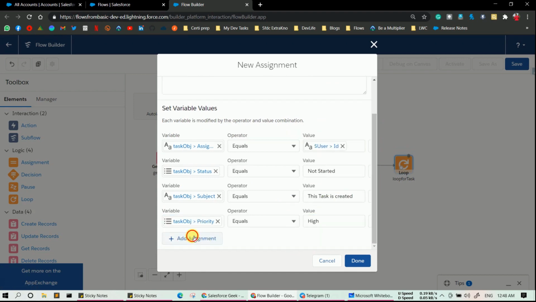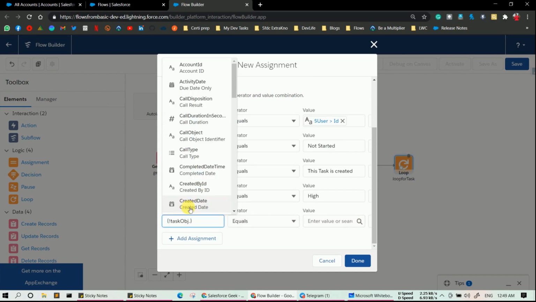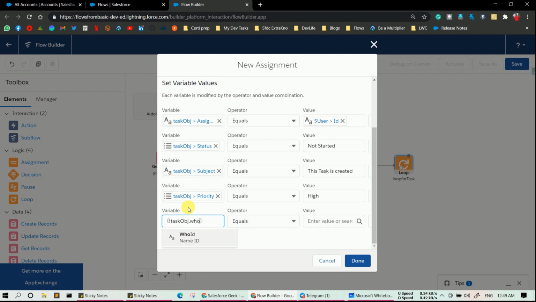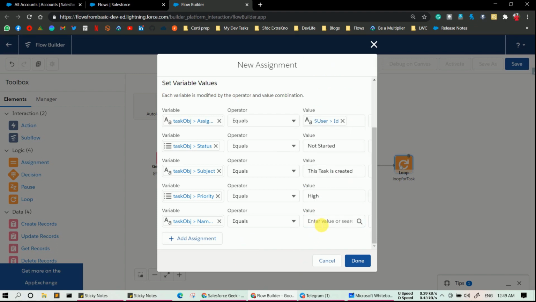And now what we have to do is link our task to the respective contact. So for that, let's say task obj who id. So who id equals, now here we need to provide the id of the current contact. So how can we fetch the current contact id? By the loop element.